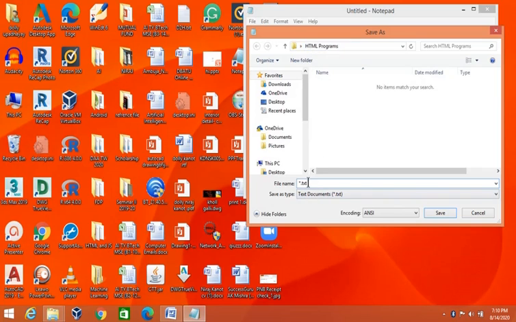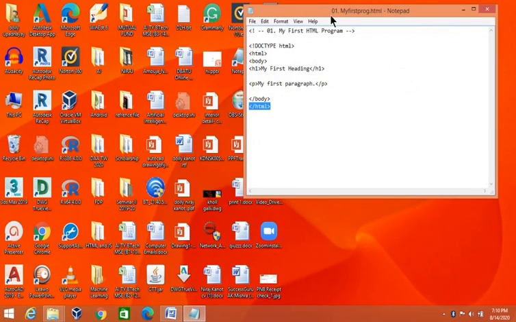Okay, and then what you will do, you will write, I am going to save it as 01 my first program dot html. I am going to save it in this format. Save. Okay, so here you can see